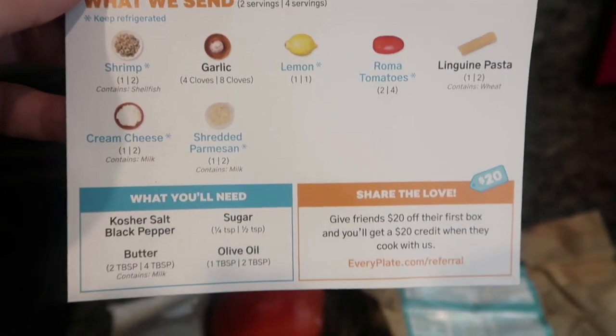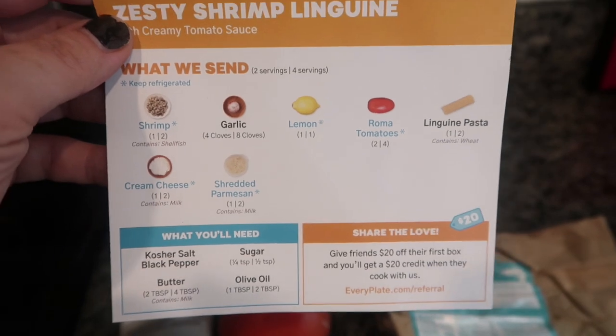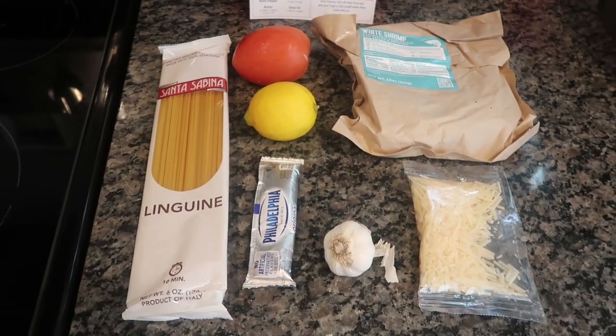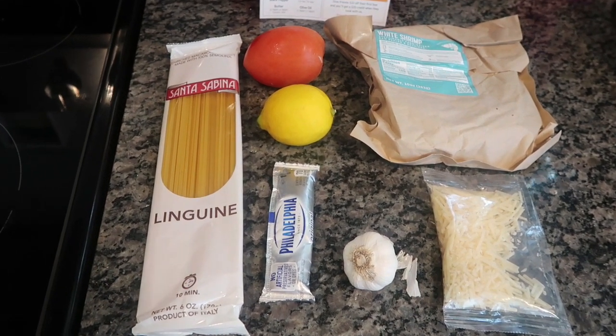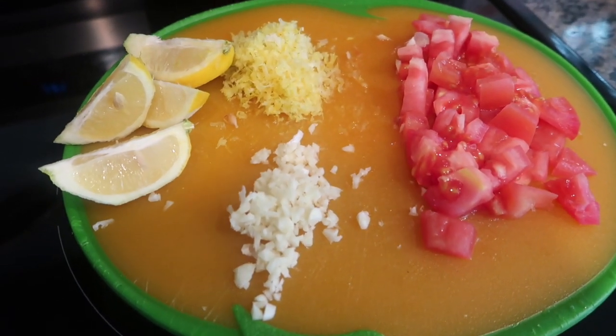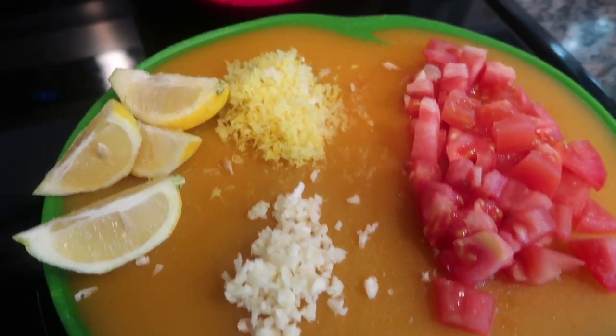So you need a garlic, lemon, Roma tomato, linguine pasta, some shredded Parmesan cheese, some cream cheese, and then the shrimp. That's it, you guys. That's all we need to make this recipe. So we're going to go ahead and start by quartering and zesting our lemon. We're going to dice up 3 to 4 garlic cloves,